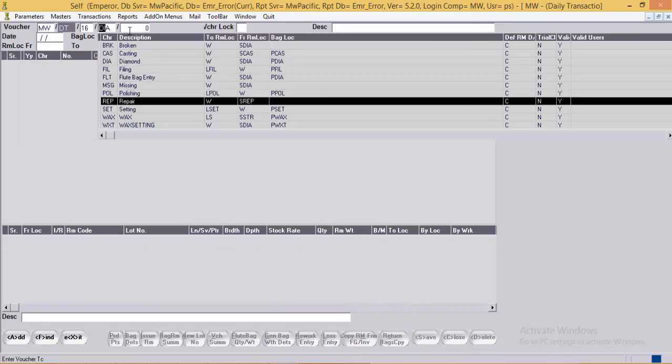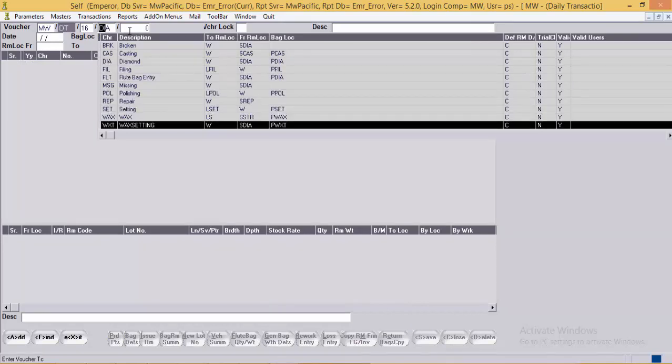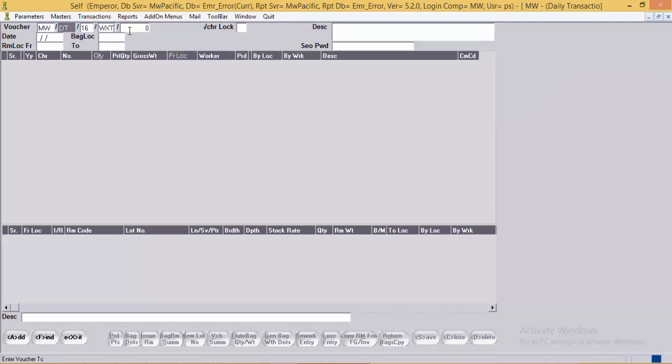Now the wax setting person will do the transaction on the designs as the bags are lying in his department now. The bag number, gross weight of the piece is 0.24 grams.